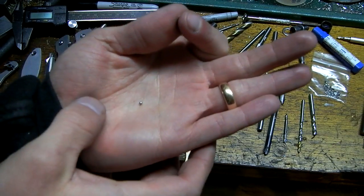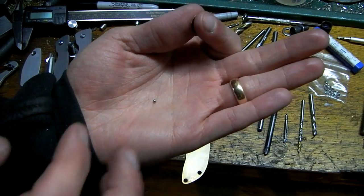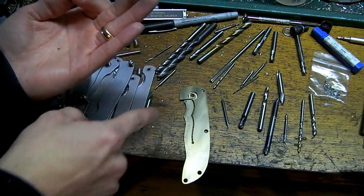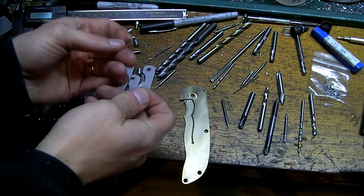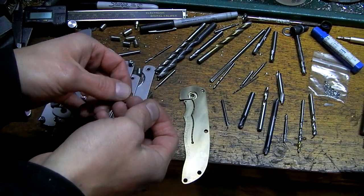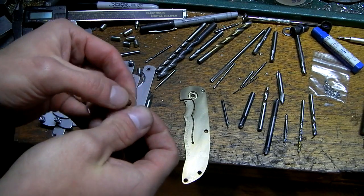I was reading on the forums, and ideally 5 to 7 thou oversize is what you want. Mine's 16 thou, like twice as much as you should, so it's really going to have to stretch that hole to be pressed in. But that's the only size drill bit I had compared to the balls, so it's going to have to do. So the trick is, and I was reading on a USN forum,